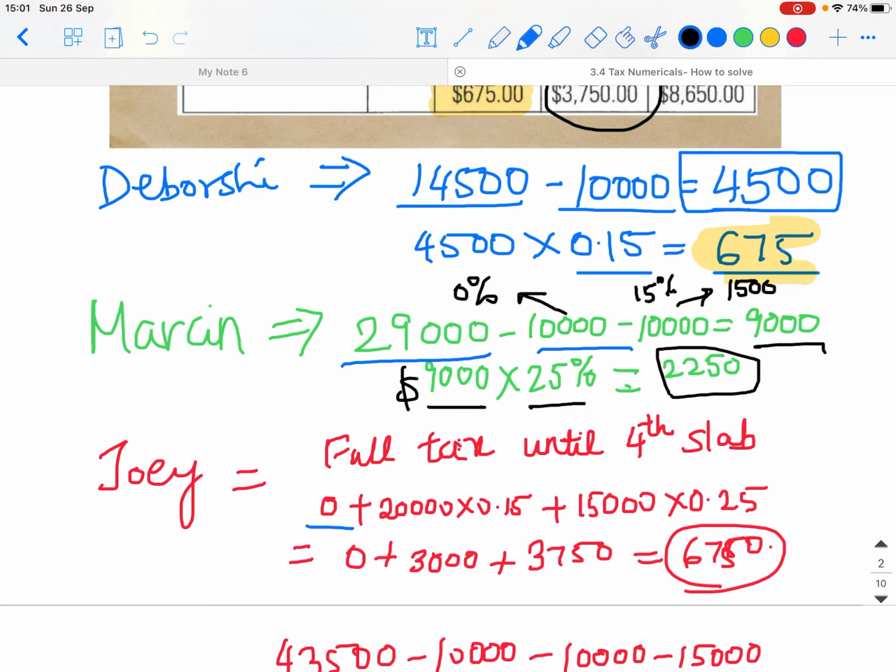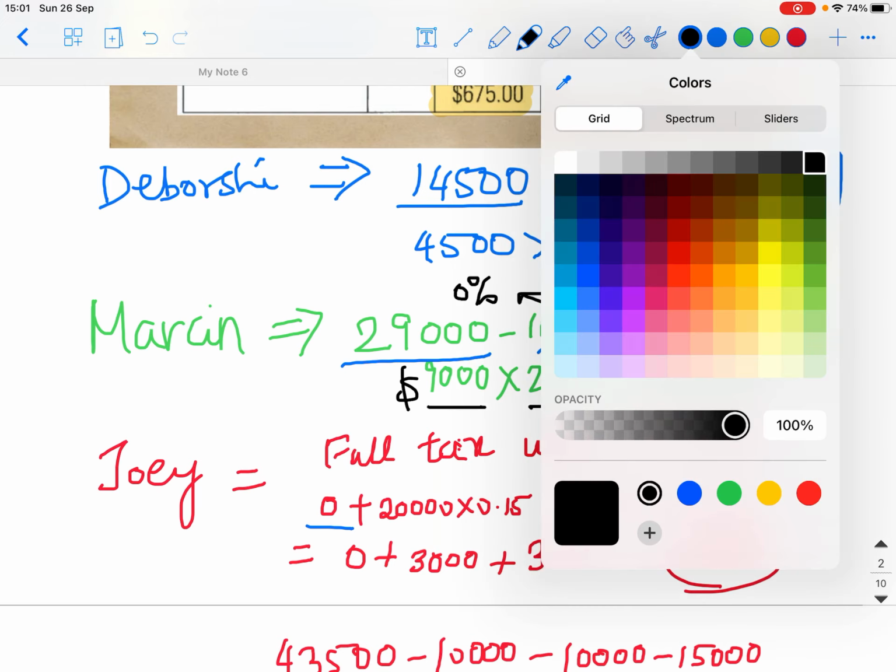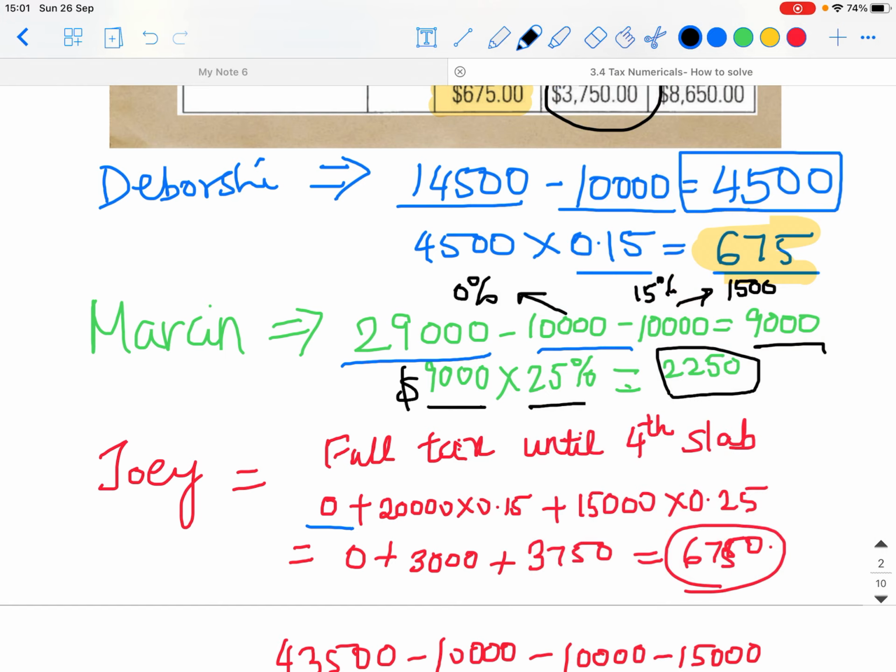So 0 for the first one. After that, the next 10,000 is 15%, and then the next 15,000 we are going to put 25% tax, right? If we calculate, this will come to 1,500, this will come to 3,750, and so far we know that